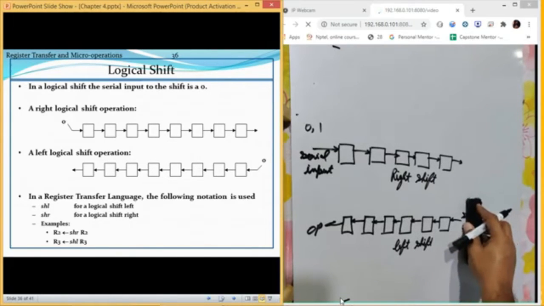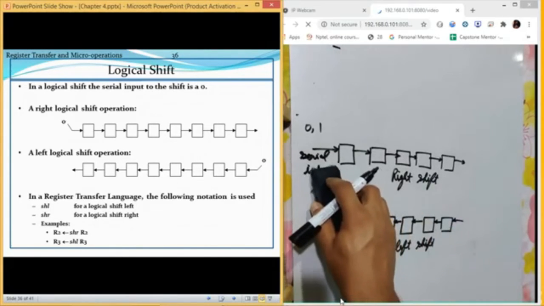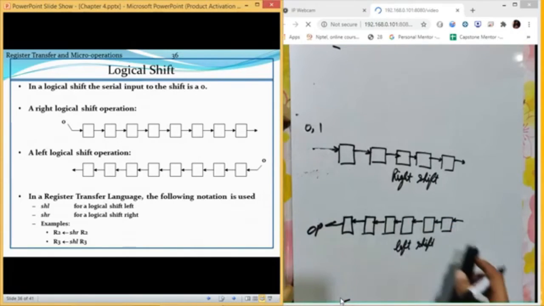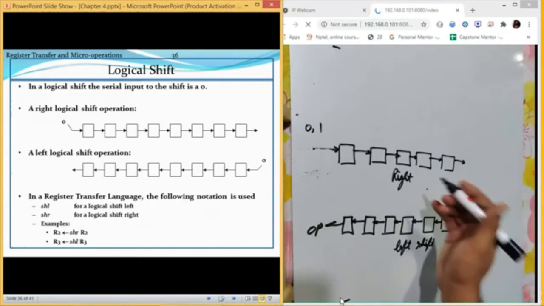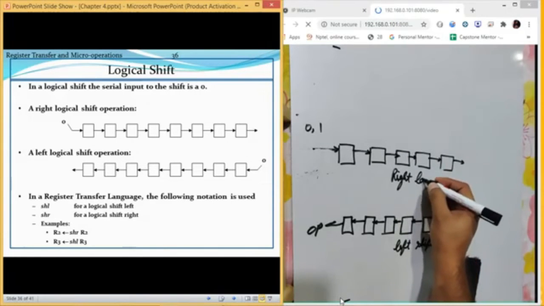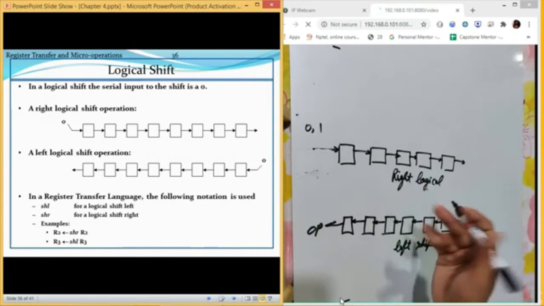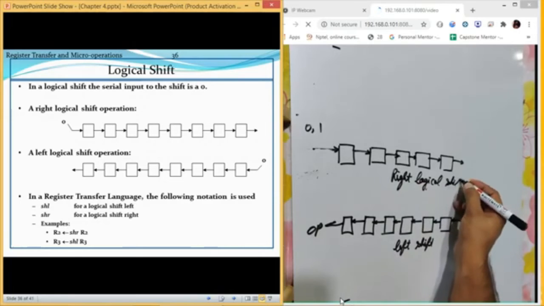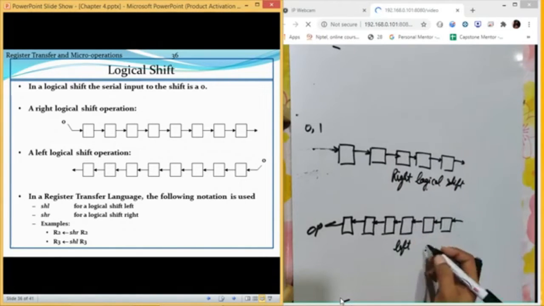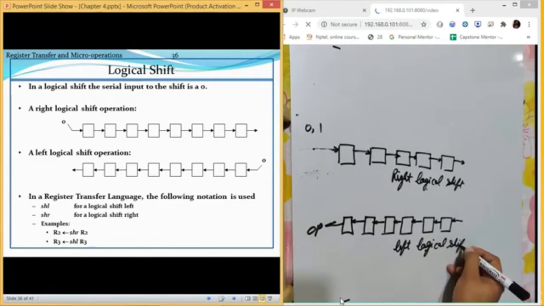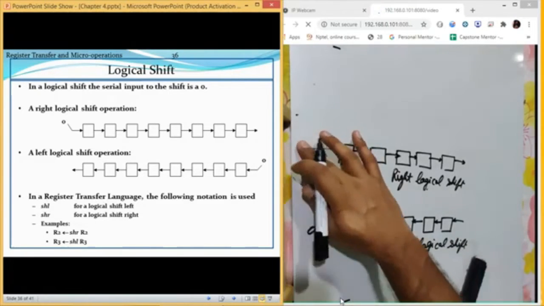But when we move to the next operation, which is logical right shift or logical left shift, let us write it as right logical shift, or we can write it as logical right shift. It is up to you how you want to write it.